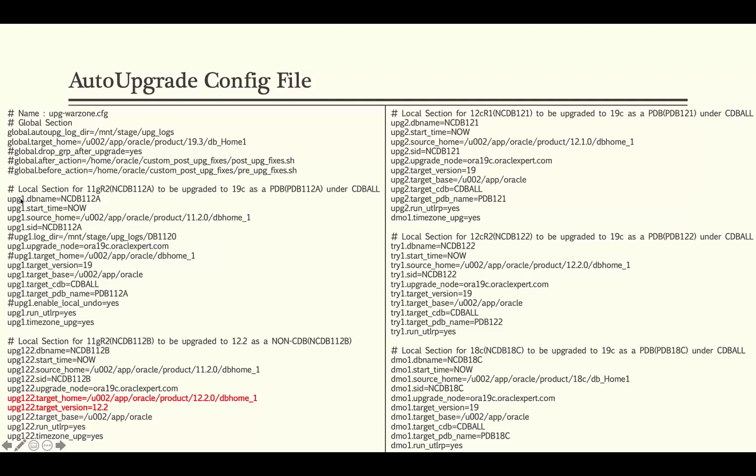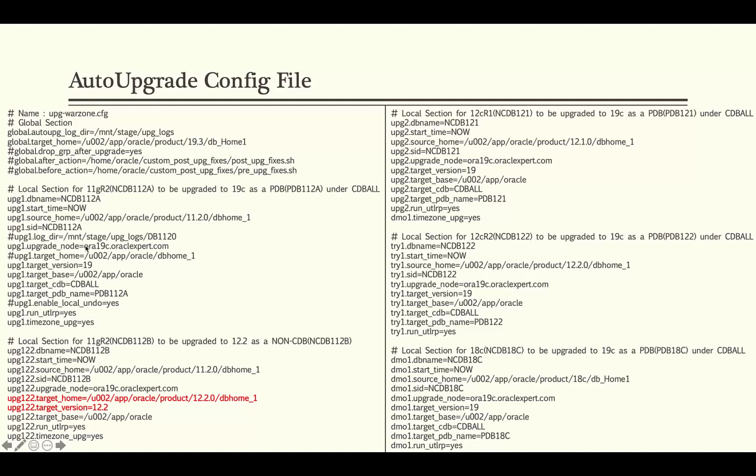And then there are parameters related to that. What's the DB name? When do you want me to start the actual AutoUpgrade process? Now indicates immediately. What's the source Oracle home from where the database runs? It runs from the 11g database home. What's the instance name?